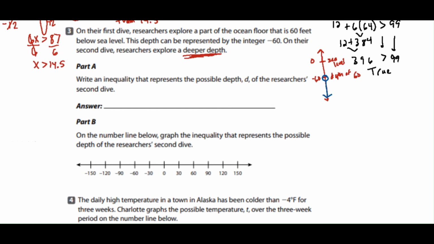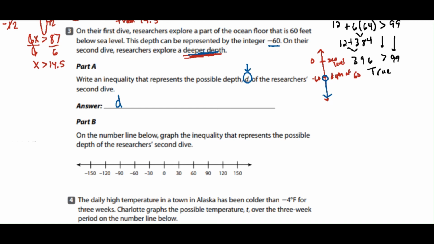All right, it says, write an inequality that represents the possible depths, D. You have to use D, and it has to be lowercase. If not, you will get this question wrong. D of the researcher's second dive. So it has to be deeper than -60. So it has to have a greater depth. So the depth must be,